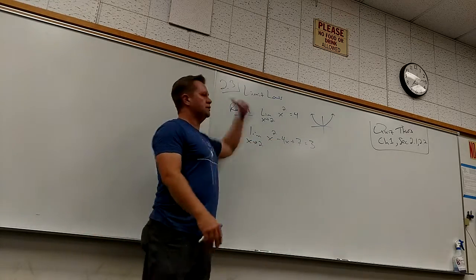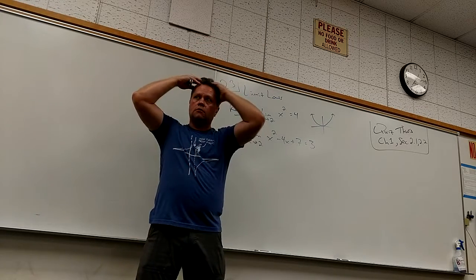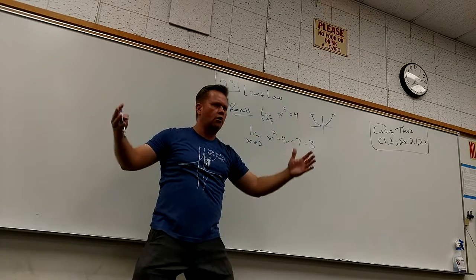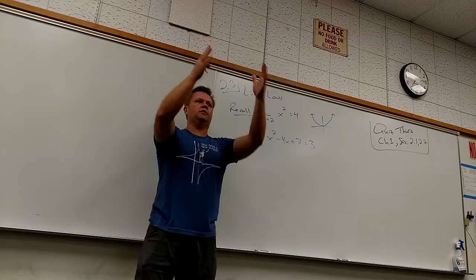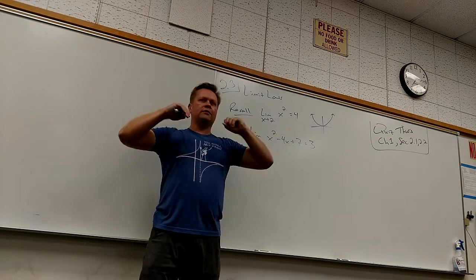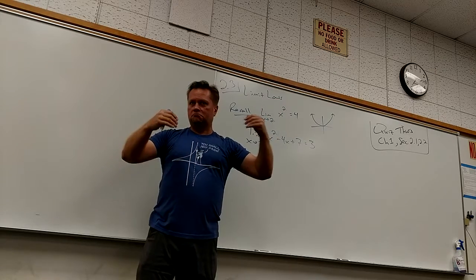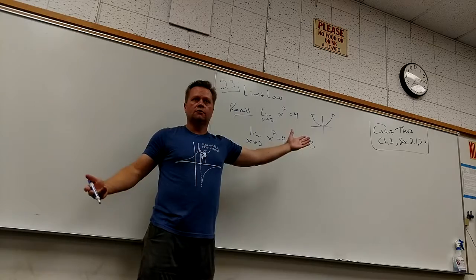Now, I want you to remember, what's the thing we just did earlier? Did we throw it in there to see what form it was in? And then we can go from there. So that's where we always start. We throw it in. Is it something I can't figure out? Do something. Factor it, conjugate multiplication, right? Or if it's something I can figure out, do it. If it's a nice function, you're done. It's just plugging stuff in.